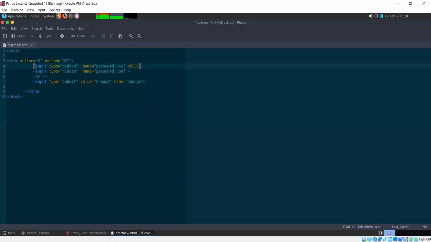Value is equal to, and I can type whatever password I want, whatever I want the new password to be. Let's just keep it as new pass. Same thing here.